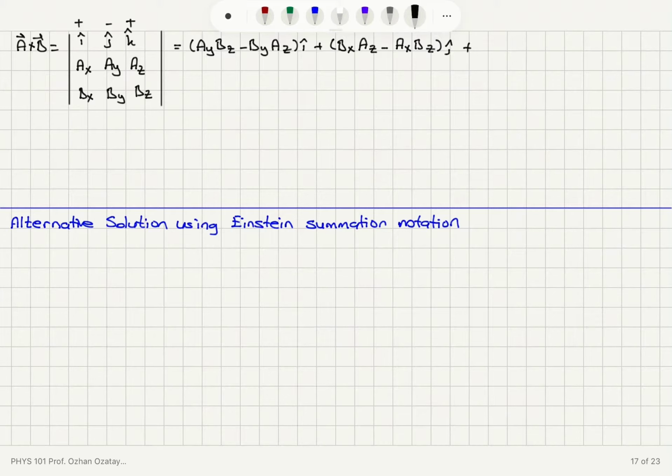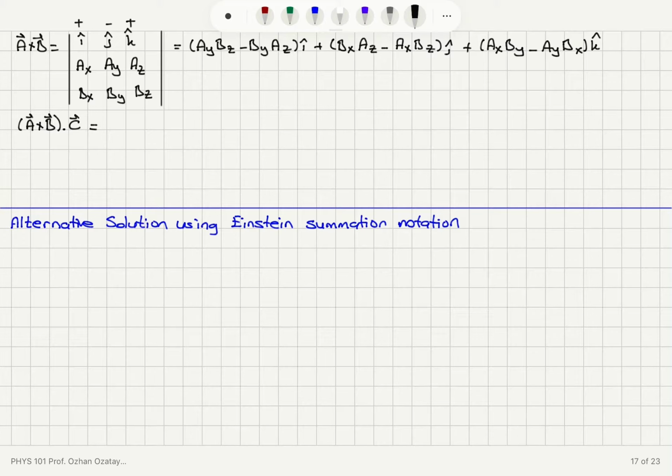And for the k hat, AxBy minus BxAy, that is AxBy minus AyBx in k hat. So when I calculate A cross B dot product with C,